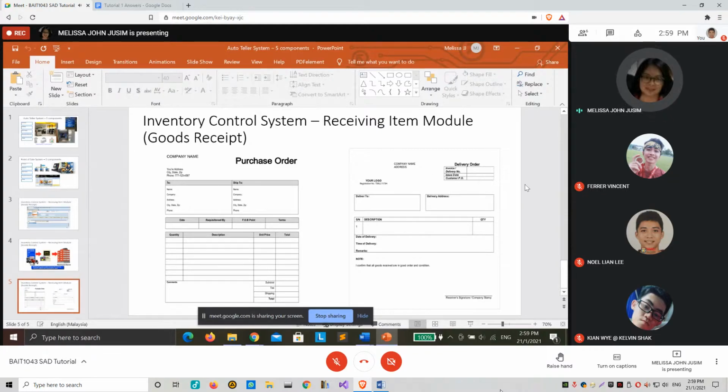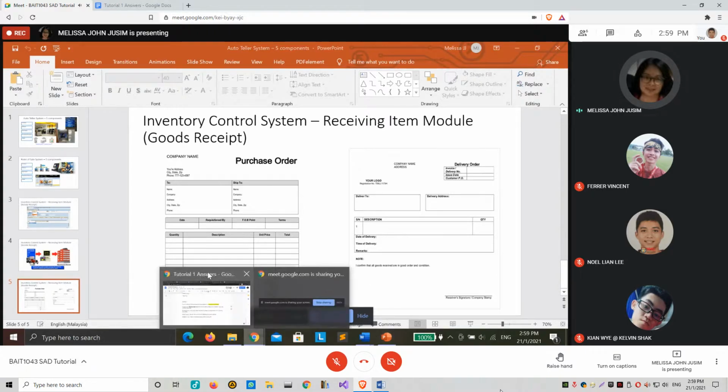The guy who delivers the products comes with the DO, confirm goods received are in good order and condition, signed, and then you need to give something to the delivery guy, which is the GRN, goods received note, to confirm that whatever items mentioned in the DO have been delivered successfully. So there are a lot of documents involved if you want to do your case study on inventory control system. Hopefully you get an idea already.